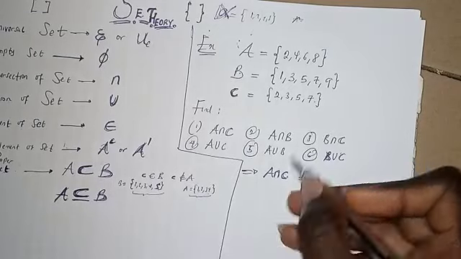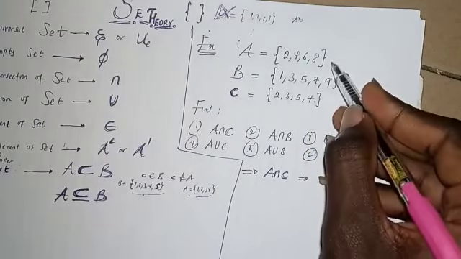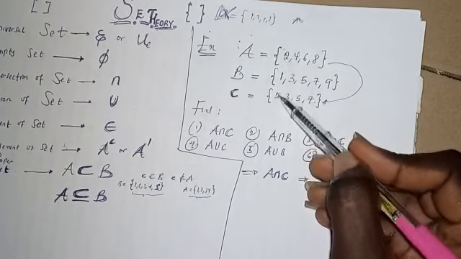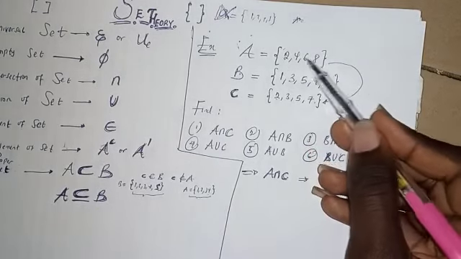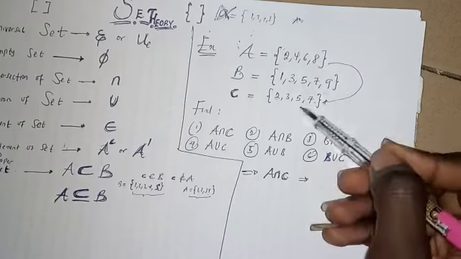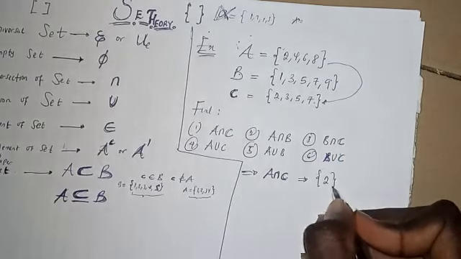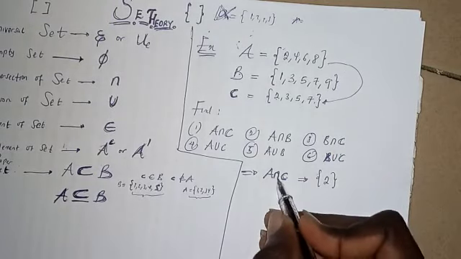That's also in C rather. Now here in this case I have A and C. I'm correlating this and this together. So the intersection is, I can see 2 here, I can see 2 here. So there is no other element that exists in the two sets. Hence I can easily tell you that A intersection C